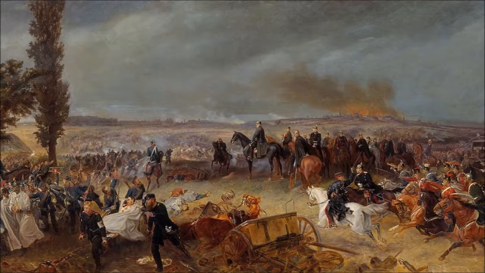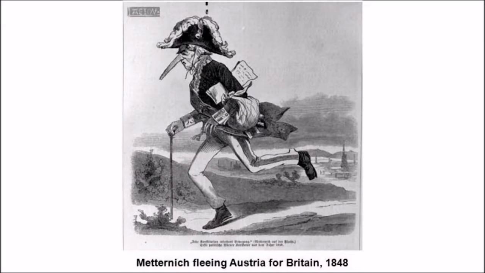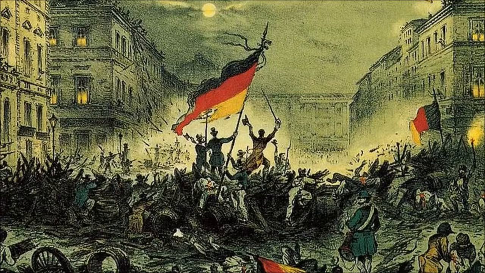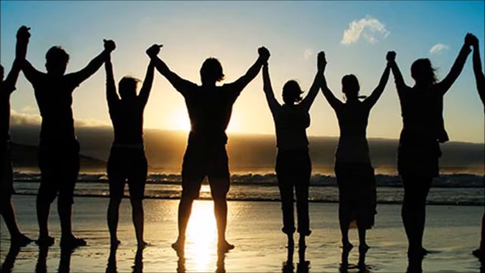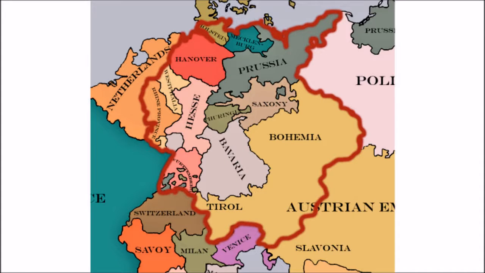Austria was the main opponent of the popular demands in Germany, but due to the uprising in Austria, Metternich had to flee from Austria. It was the success of the revolution in 1848 that the educated middle class tried to unite themselves together and implement the nationalistic principles. It was at this time that the German Confederation had agreed to form a national assembly to establish a united democratic government for Germany.